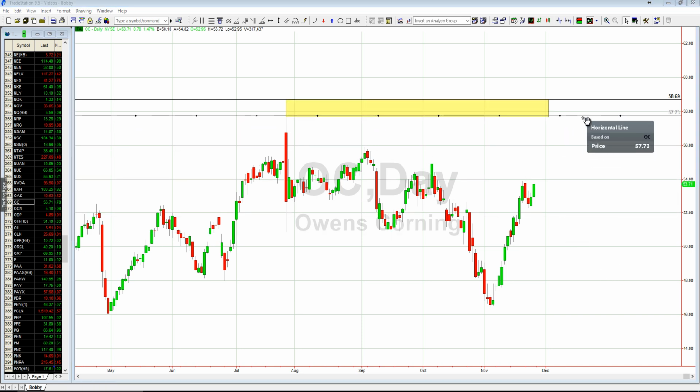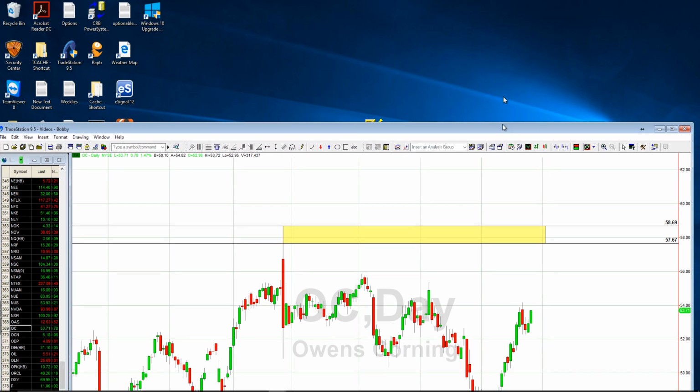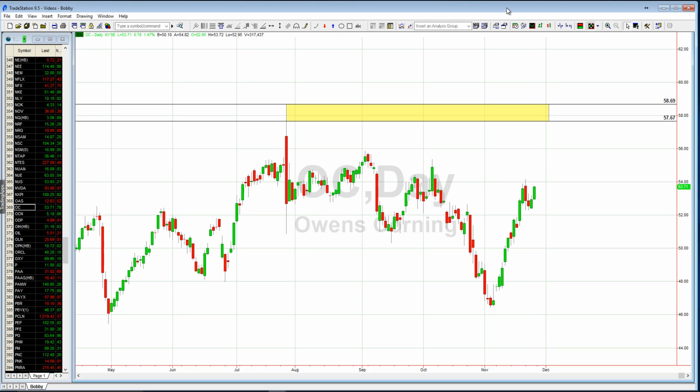And also what you can do sometimes on these, and I don't do it because it's not worth the time, is go back and look at the hourly chart. Yeah, I'm not going to do it. But if you go back and look at the hourly chart, you may see a small candle at the peak of this, and then you would surround that. I don't waste my time with that because